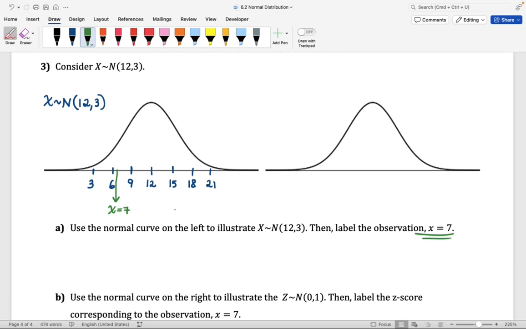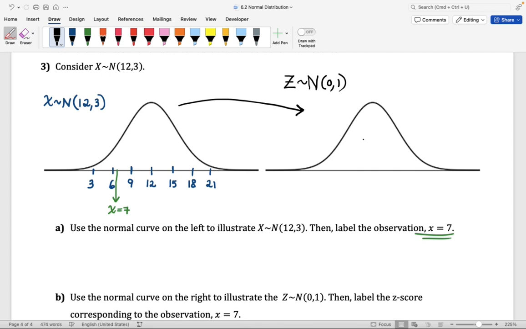Now, let me show you how we can translate this normal distribution into the standard normal distribution. When we translate this curve into the standard normal distribution, we're going to have a distribution that has z-scores. So I'm going to write a capital Z to emphasize that those X values are being converted to Z-scores. Those Z-scores are going to follow a normal distribution with a mean equal to 0 and a standard deviation equal to 1. That is always going to be the case with the standard normal distribution.